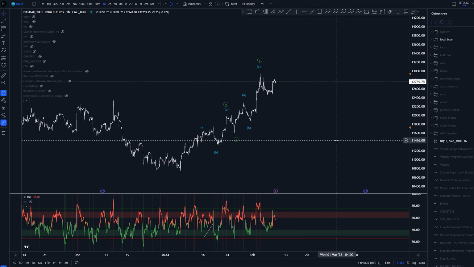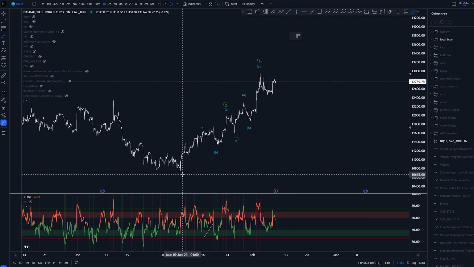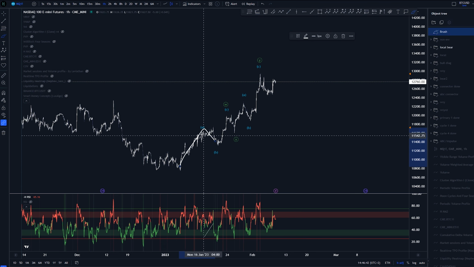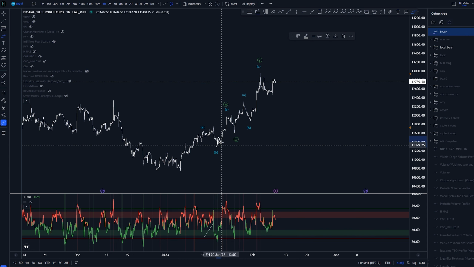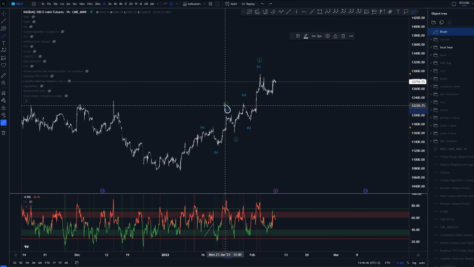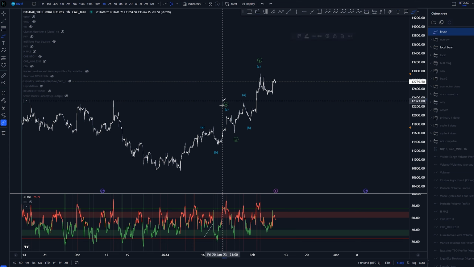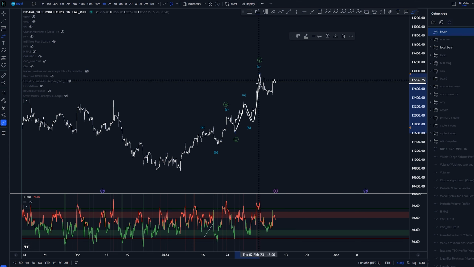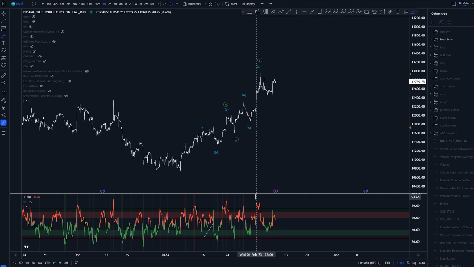A simpler explanation would be something like this, where we would have this whole thing as corrective, where we'd have this as an A, a 3-wave pullback into B, and then again 1, 2, 3, 4, 5 into that wave C, creating this ABC structure into W, a 3-wave pullback into X, and then another ABC. Unfortunately, on this scenario,